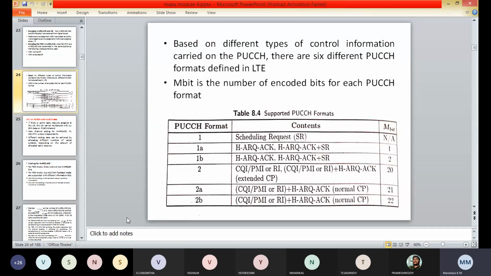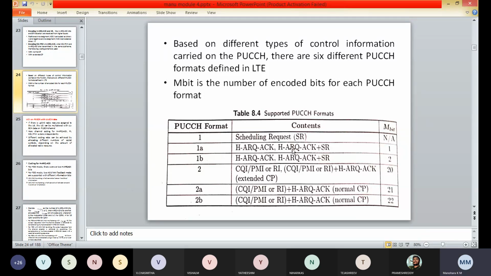For example, if the UCI carries the CQI or PMI only, or carries the CQI and PMI and the HARQ acknowledgement with the extended CP, then the CQI encoding is applied. There are 20 code bits corresponding to PUCCH format 2.